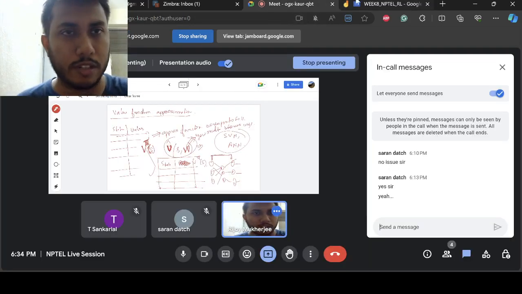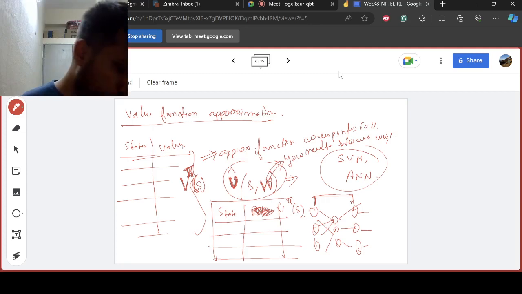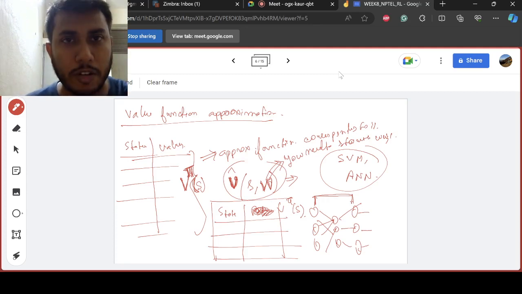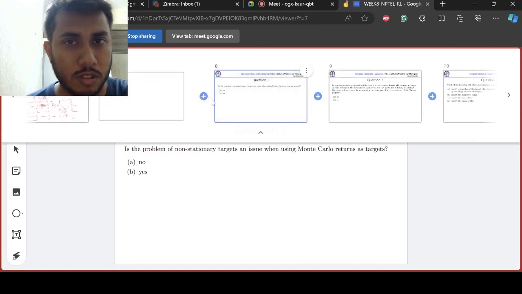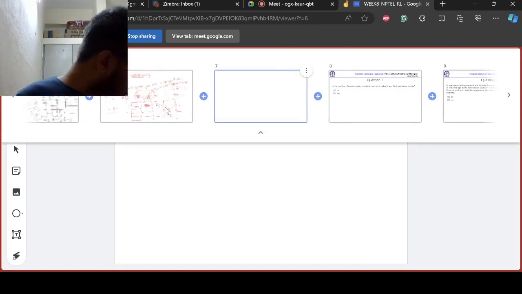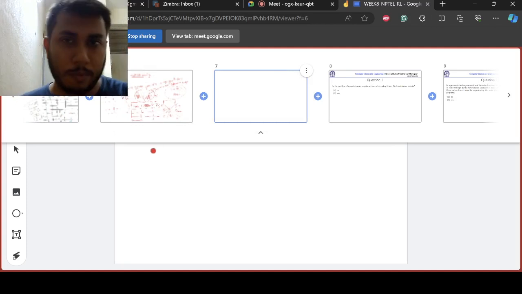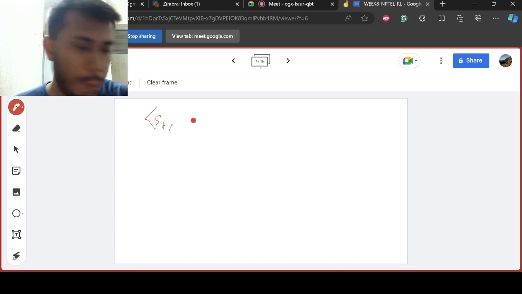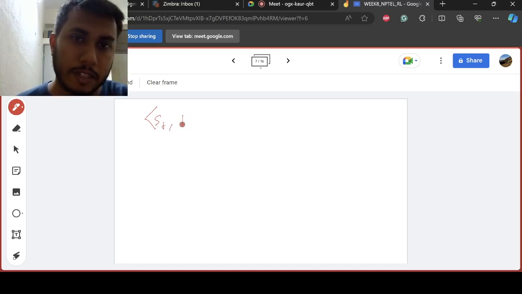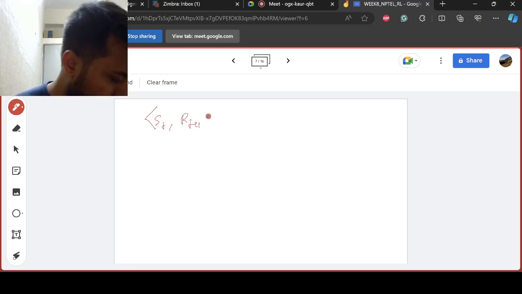You are trying to construct this. Okay, fine. So what will your data set look like? Your data set will look like this. Suppose you are at state st, and the return for the state will be rt plus 1 plus